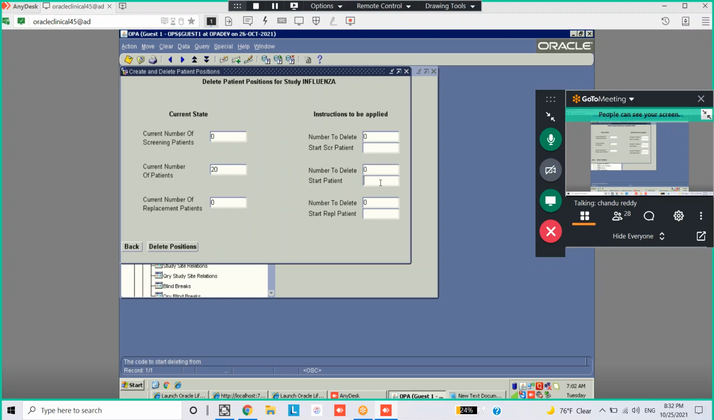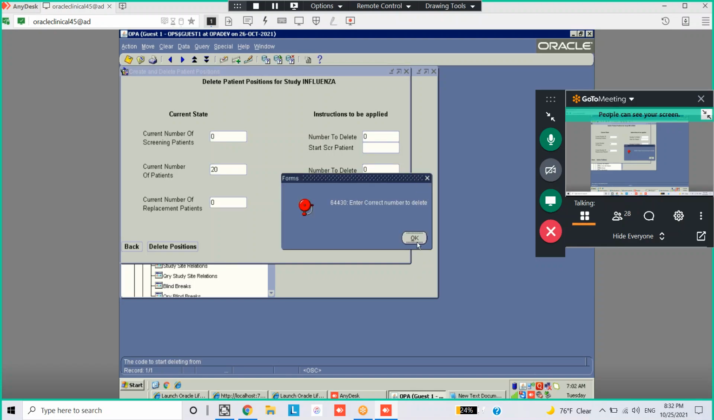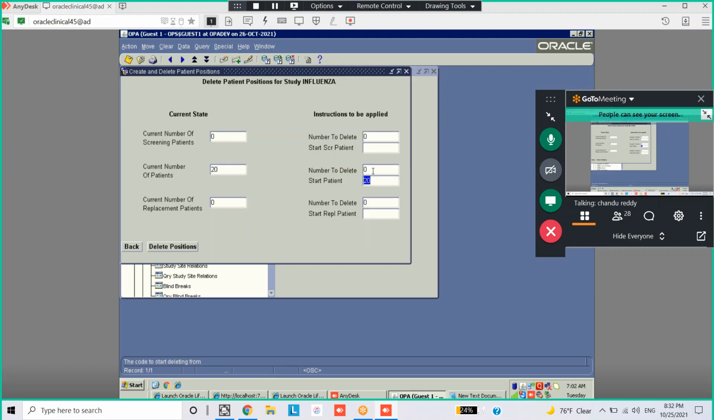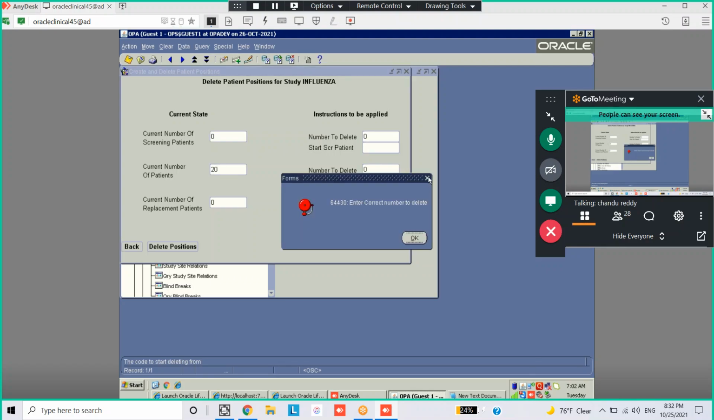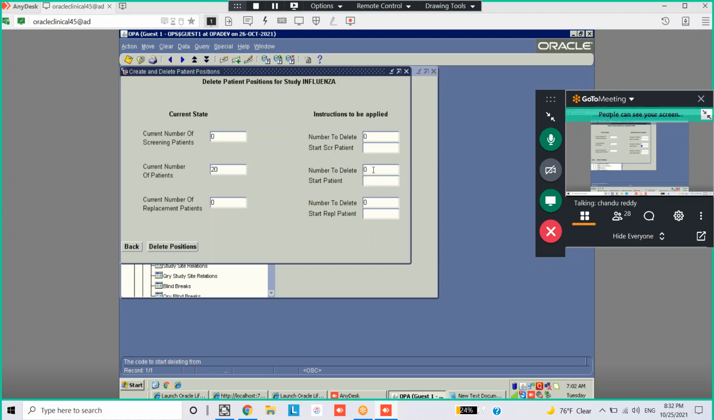Number to delete 20. But there are no numbers, right? It's on the left side, no? Enter the number. Whatever you have, you're deleting them. Not there. It's number to delete 20. Delete that from the start patient. You can't go back until you delete start patient. So 20, start patient code